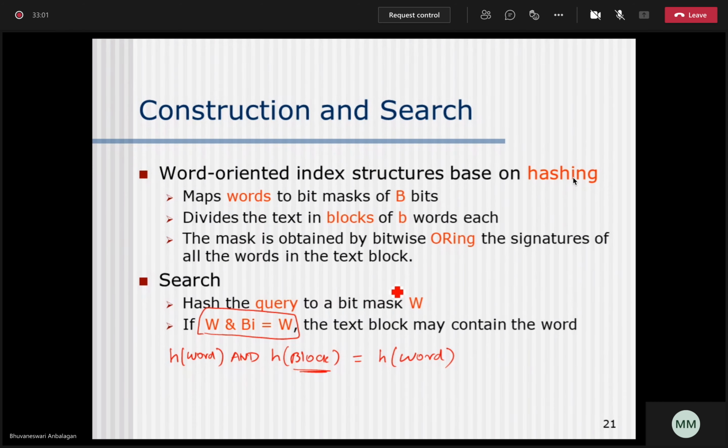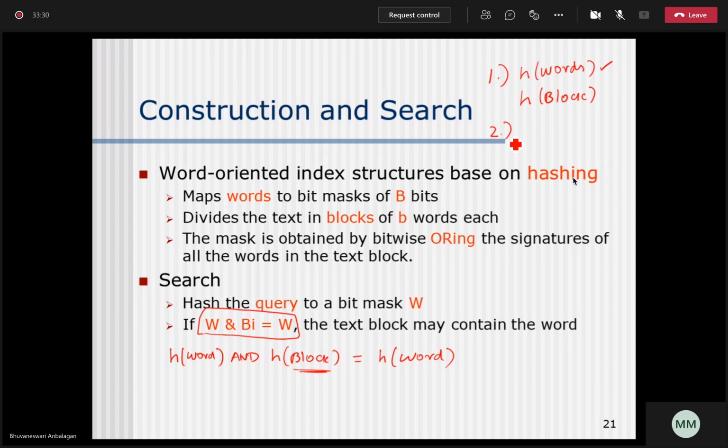This is what your signature file will perform, the searching operation. Okay, so two important things are available. First, you have to find the hash value of the words. It will most of the time be given to you. Second, you have to identify the hash value of the block. So these are the first two preliminary prerequisites you have to handle whenever a signature file is given to you.